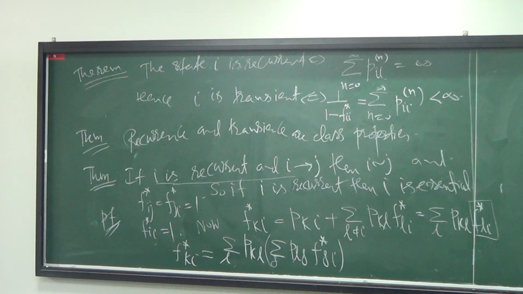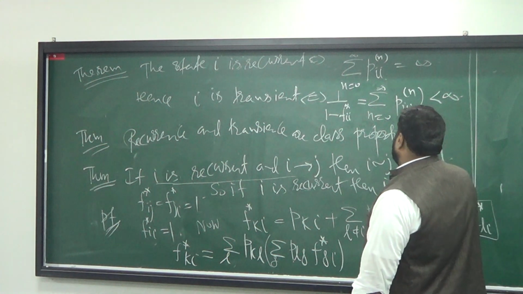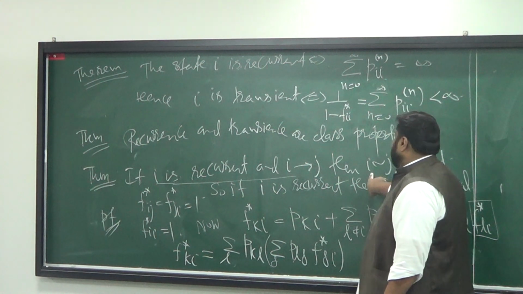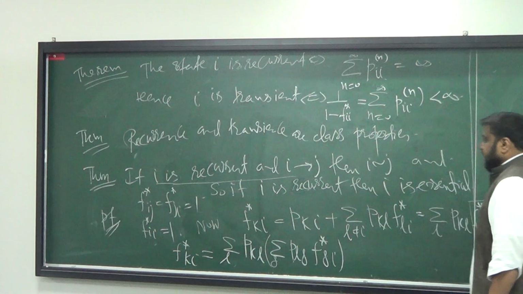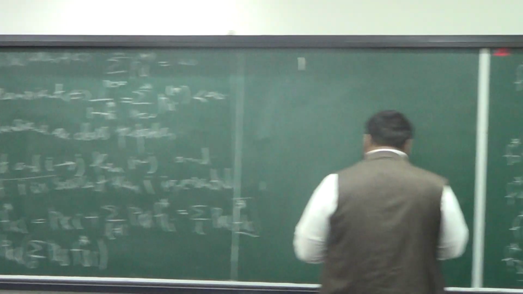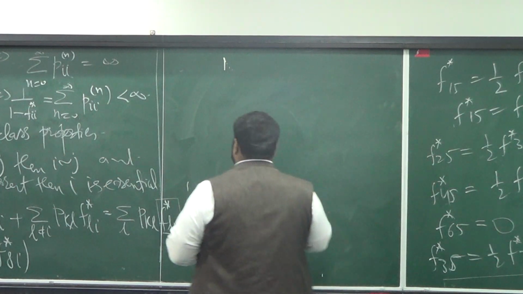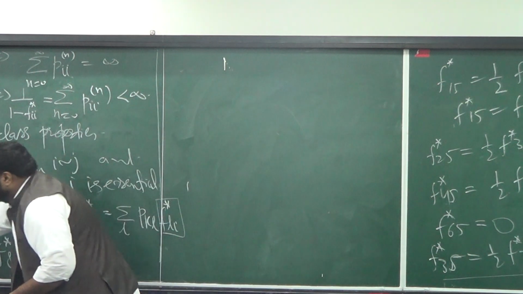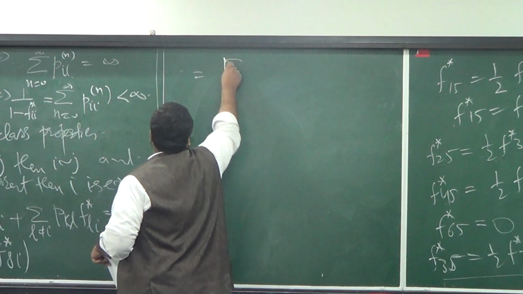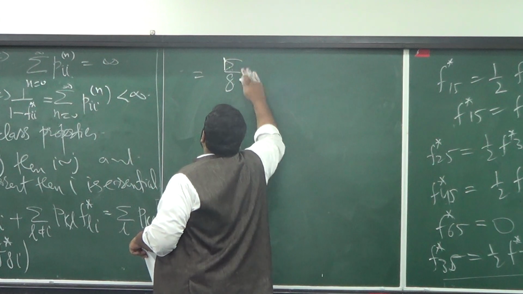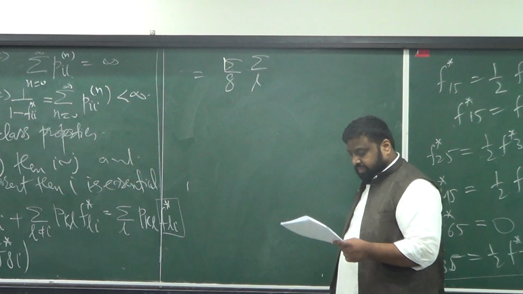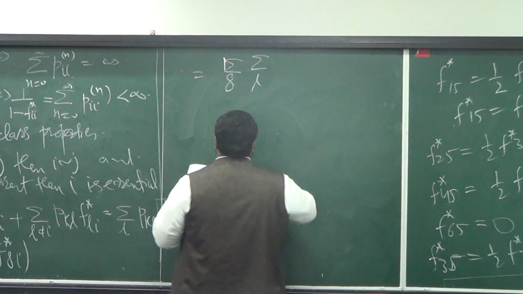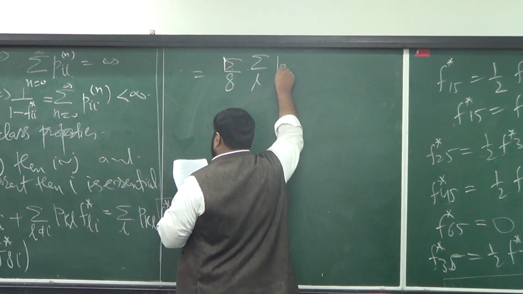What I would like to show is that J and I intercommunicate, using this identity. This is true. So I would like to switch these sums. I can. You can think carefully about why I am allowed to switch the sums. So if I am switching the sums, I'm going to get